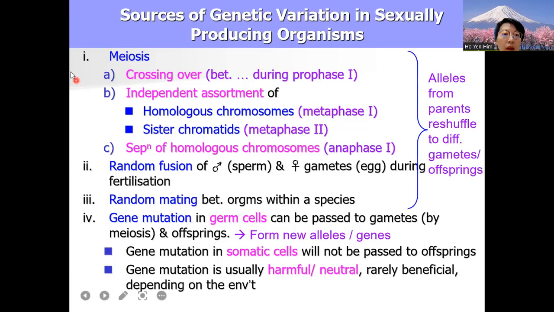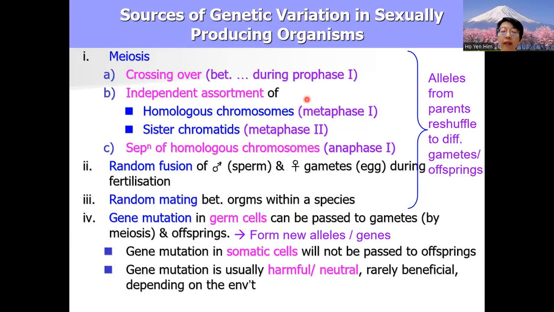So you see, number 1, number 2, number 3 is reshuffling of alleles that are already present in the population. That means the allele is already in the chromosome. What we do is that we just reshuffle them, just like you take a stack of cards. This stack of cards represents the gametes from father. Another stack of cards represents the gametes from mother. And then you take one card out from this stack, and the